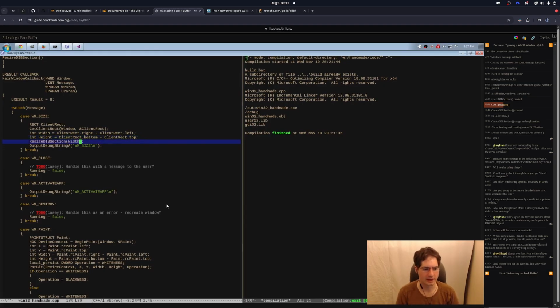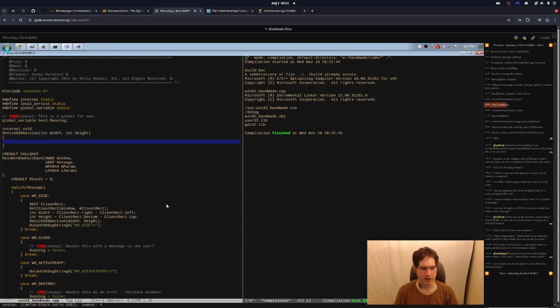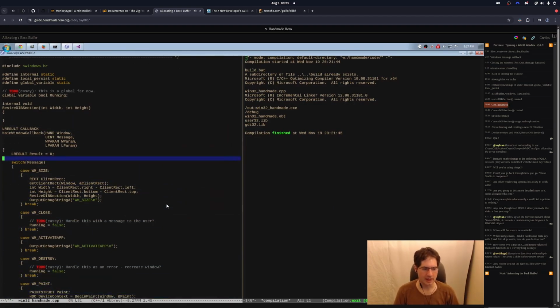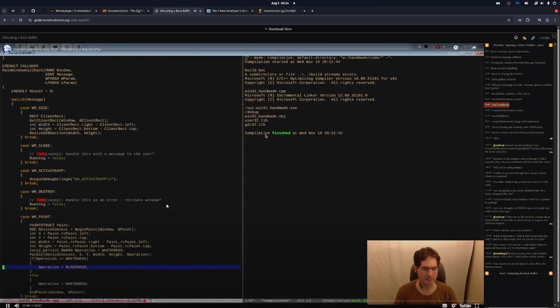So we're going to go ahead and call resize DIB section, and we are going to pass it that width and that height. So in here, we are going to get a width and a height, and we will basically need to build that buffer using Windows to give us a buffer that we can draw into. Then what we will do, once we have our DIB section sized properly, we will actually in Paint, instead of